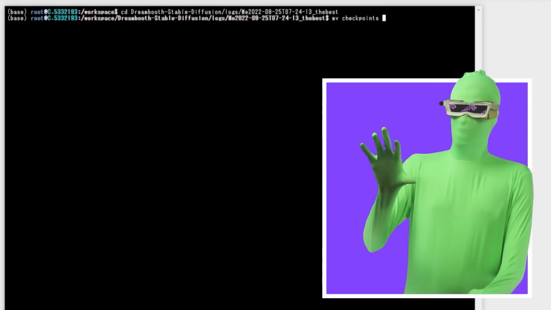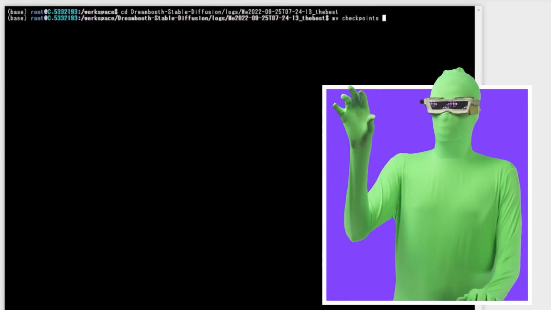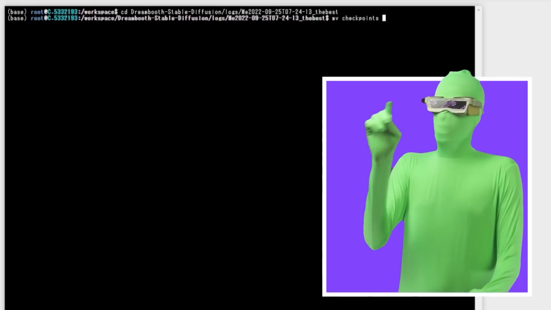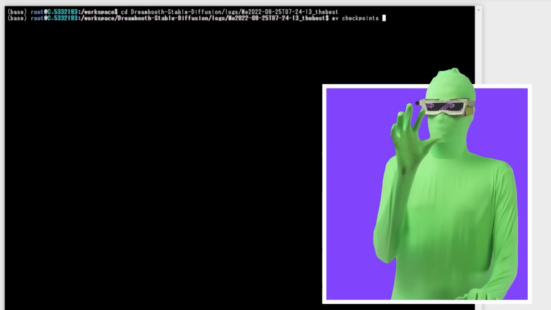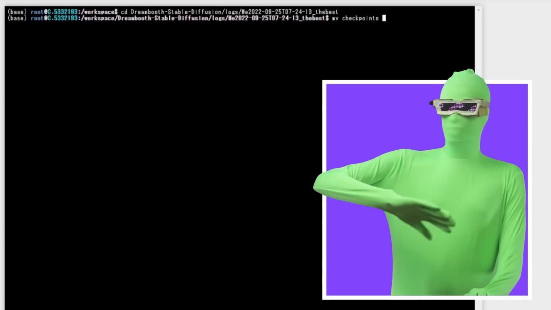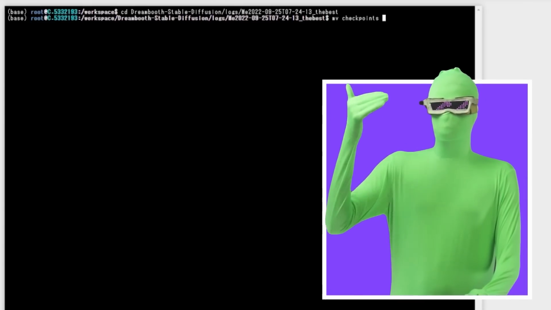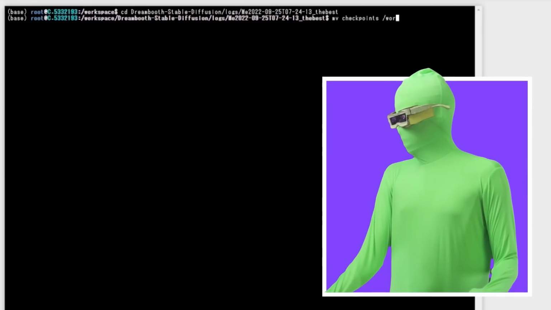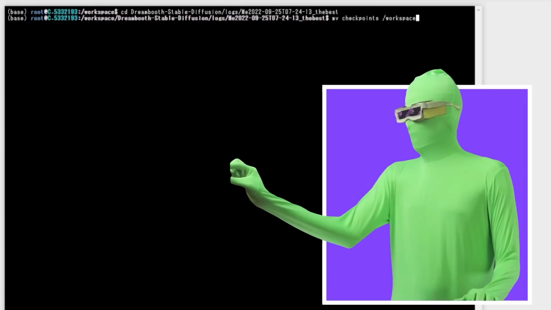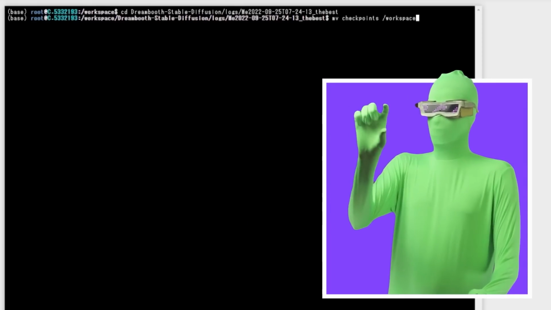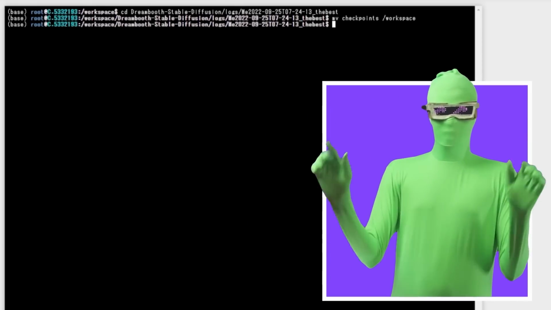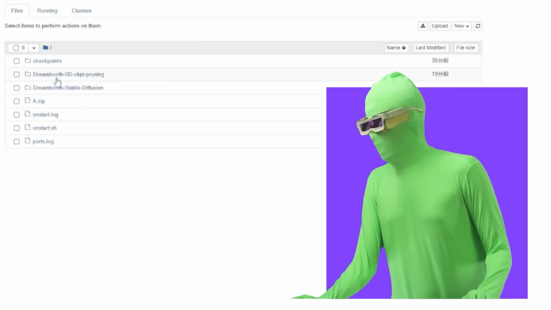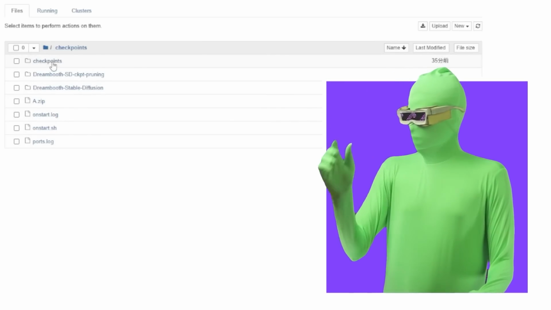Then you want to put space followed by the name of the directory you want to move the checkpoint folder to. We're going to move it to the workspace directory, which is the main root directory for everything when you boot up the thing for the first time. Okay, that's where we're going to put it. So we're going to go slash workspace. And this is going to take the checkpoint folder from where it is and move it out. Hit enter. You see no errors, right? Which means it worked. And now you can see checkpoints. And if I click it now, it still doesn't let me in.